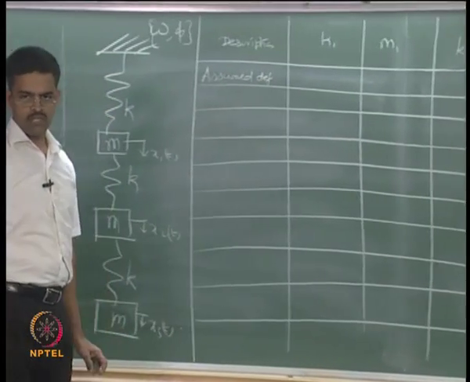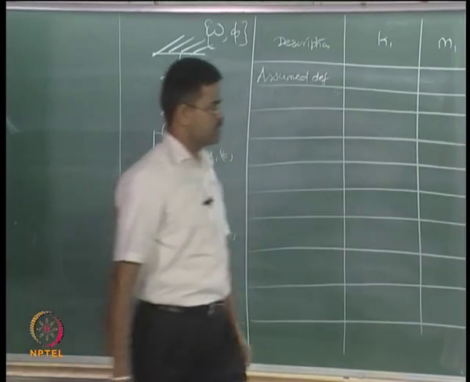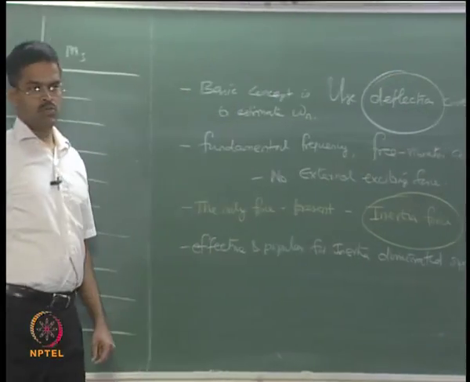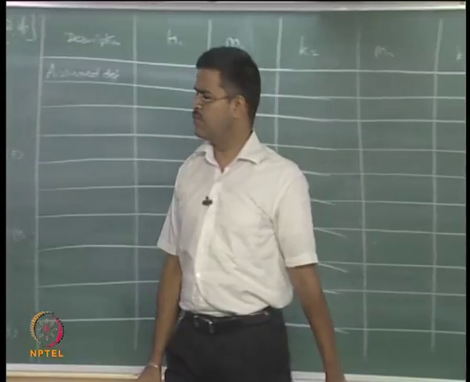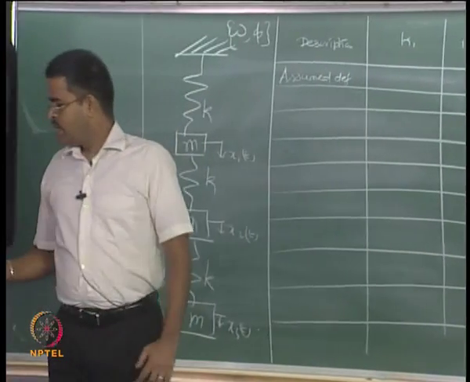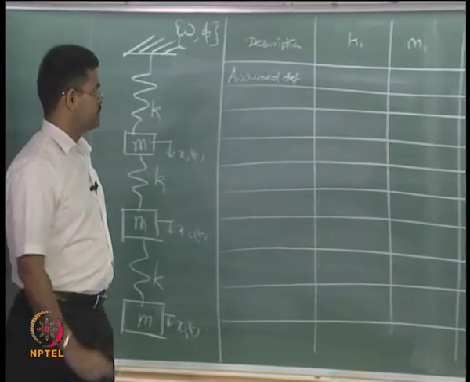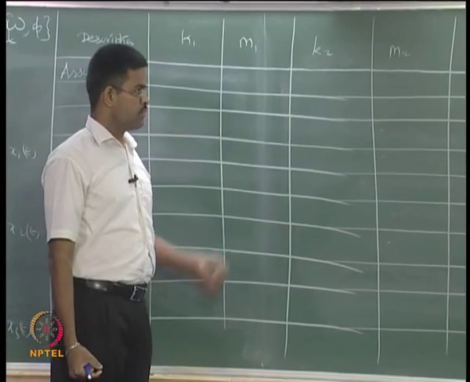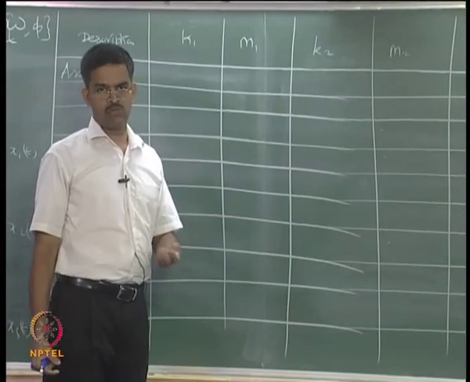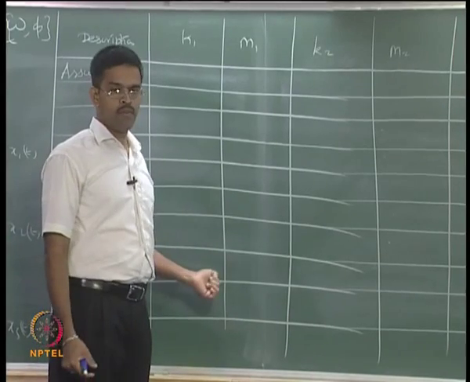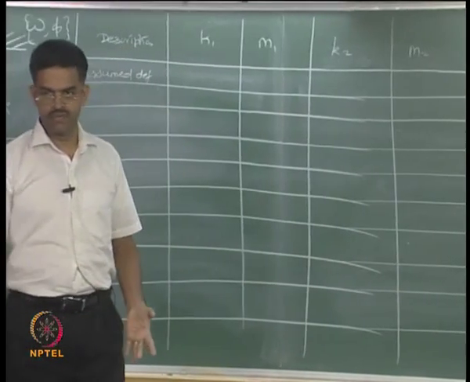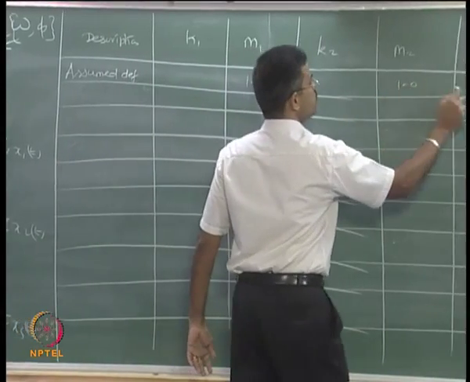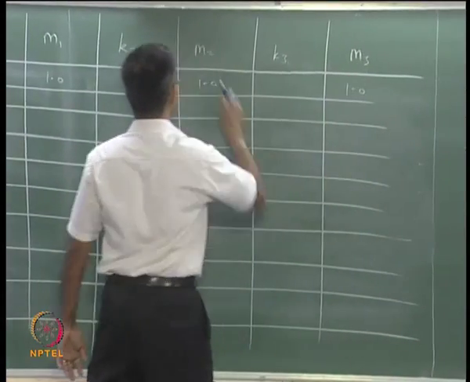I do not know the deflection, I am working about the deflection, I already said that. Okay, use the deflection criteria. So I do not know the deflection of these points, I assume the deflection. So the deflection will occur at the mass points, or the coordinates where you are marked x1, x2, x3, which are in this problem fortunately the mass points. So I must write those values of 1.0, 1.0 and 1.0 at the mass columns.